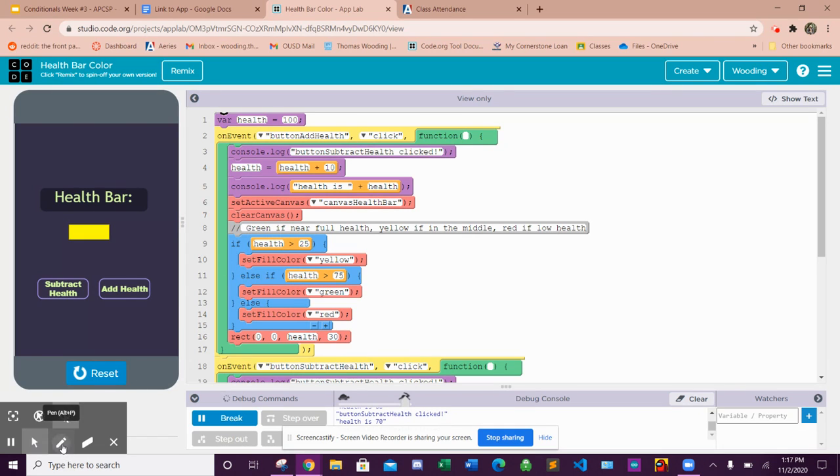The problem with this one is our check. So if we enter in, let's say the number 80, we want it to be green because that's almost full. So let's say health is 80. The problem is this first if statement is true, so it's always going to be yellow. So if we wanted to fix this, what I would do is